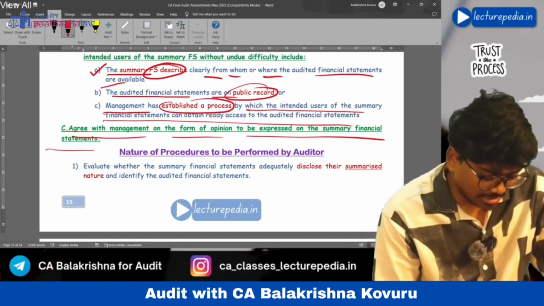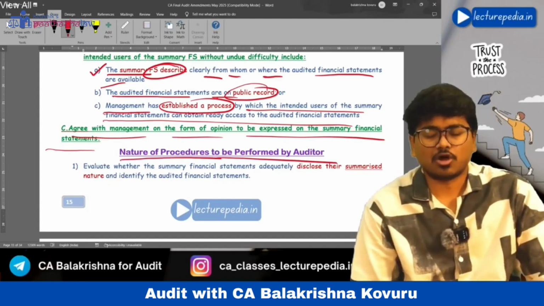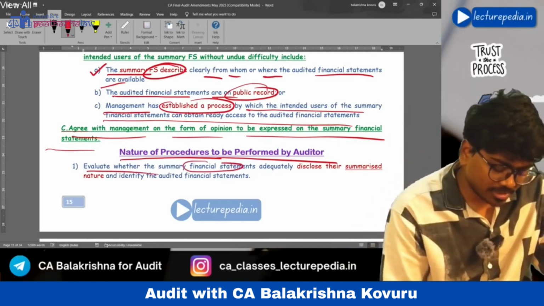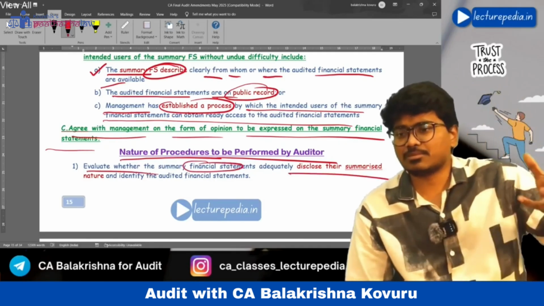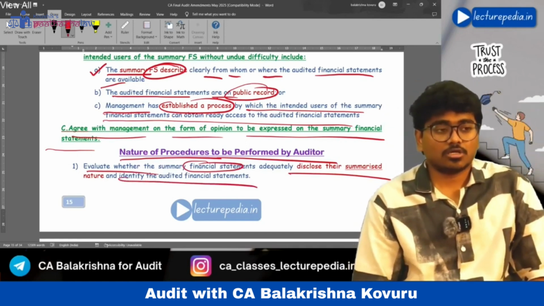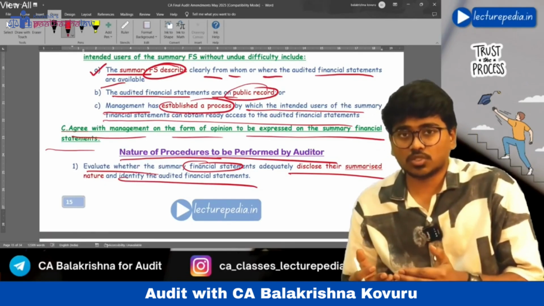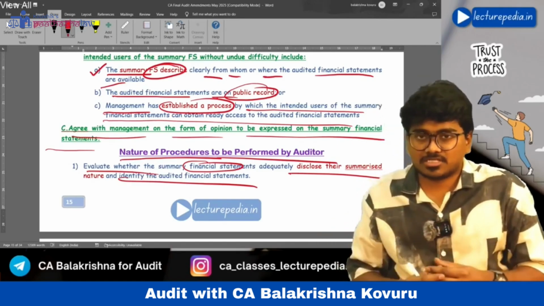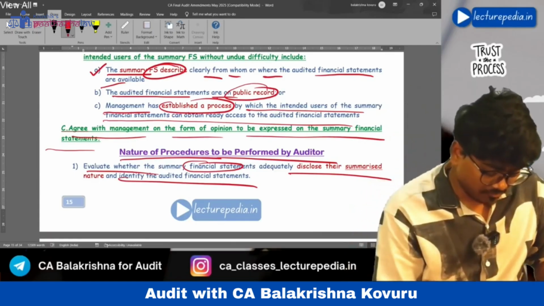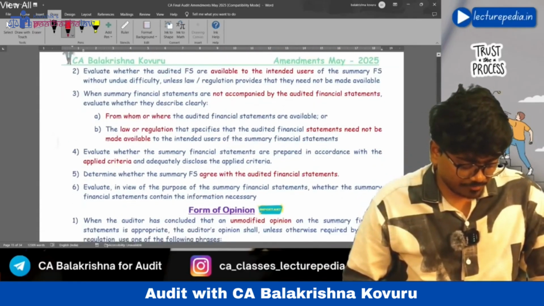Next, nature of procedures to be performed by the auditor. What procedures will the auditor perform on the summary financial statements? Evaluate whether summary financial statements adequately disclose their summarized nature and identify the audited financial statements. The auditor has to check whether summary financial statements clearly disclose that they are summarized financial statements, and they should also refer to or identify the audited complete set of financial statements.